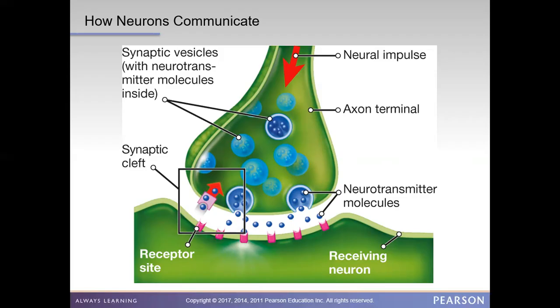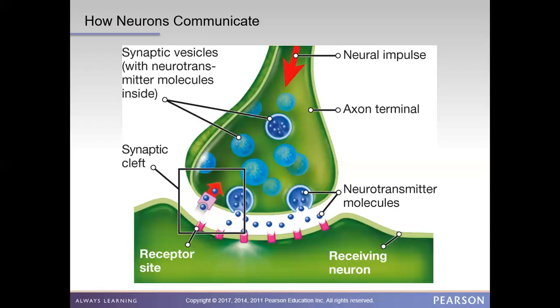Neuron A is close, but not exactly near the second neuron. As it approaches, the synaptic vesicles approach the end of the neuron, then the synaptic vesicles open up, they release neurotransmitters. Neurotransmitters jump the synaptic cleft, and they act as keys to receptor sites.